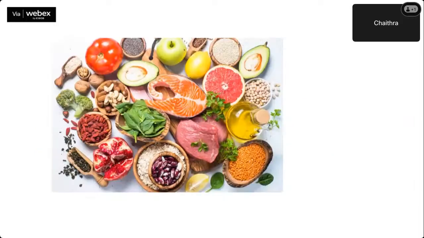Okay, and yes, this is a picture which denotes vitamins. So vitamins, in the name itself, vital amines is there. But not all the vitamins contain an amine group. It is a misconception. Still, we are carrying the same name. But many vitamins contain an amine group. One among that is cyanocobalamin, which is vitamin B12.